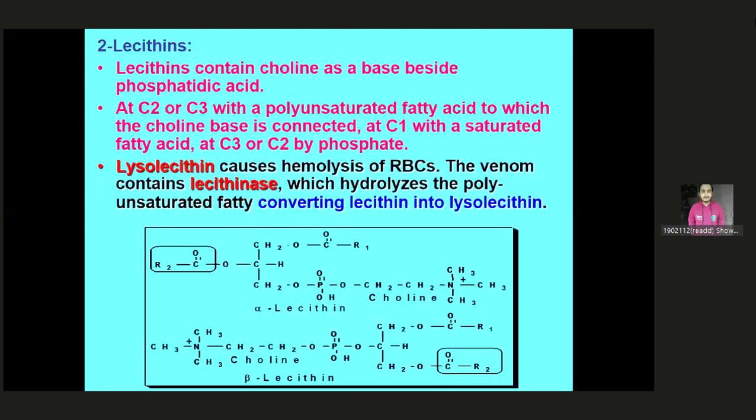এই যে লেসিথিন কন্টেইনস কলিন, এই কলিনটা হলো নাইট্রোজেনাস বেস, মানে টোটালটা হলো নাইট্রোজেনাস বেস কন্টেইনিং কলিন। বুঝছো? ইথানলামিনের মতো এটাও একটা নাইট্রোজেনাস বেস, তার নাম হলো কোলিন।